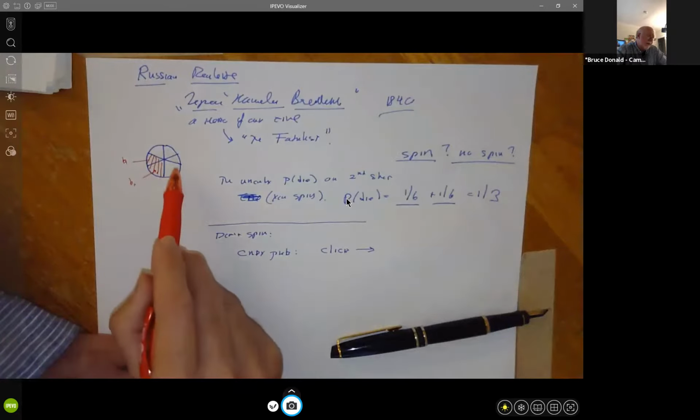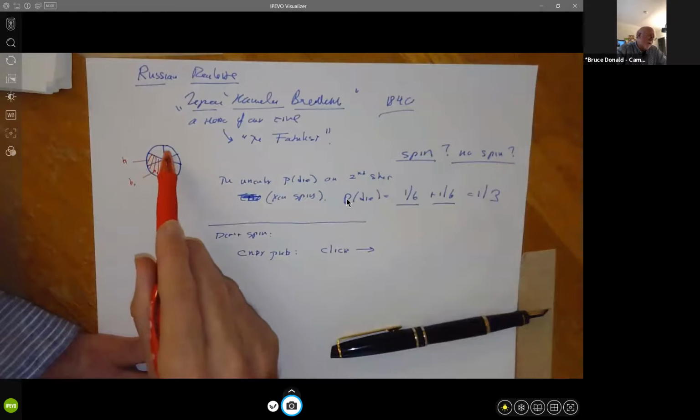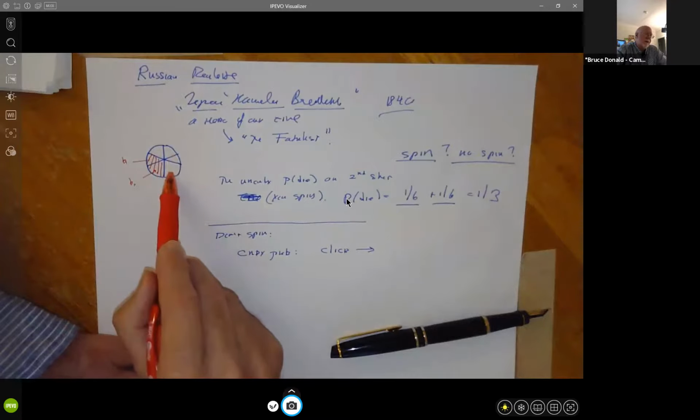But the key thing is that now we're on an empty chamber because our hammer just clicked on an empty chamber. And now we're going to rotate. So only one of these is next to a bullet, 1/4 of them. So the probability of dying in this case is only 1/4 because only one of these chambers is next to it. So therefore, you should not spin the barrel before pulling the trigger the second time.